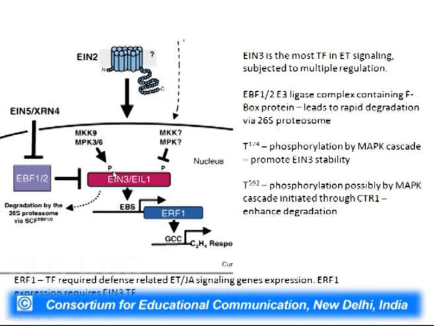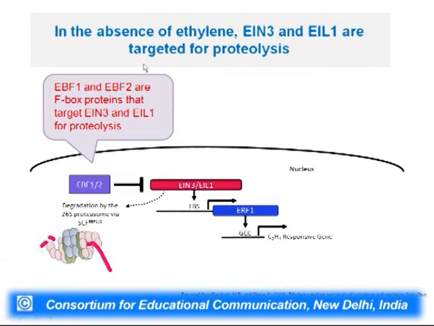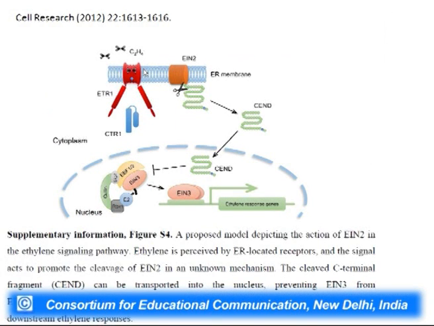There are many MAP kinases and they activate transcription factors. So, this is inside the nucleus. This line shows the nuclear membrane. So, inside the nucleus, transcription factors like EIN3 and ERF1 are activated by EIN2. A recent paper actually showed a very interesting thing. Yeah, this is what I was showing in a recent paper. What they showed is that in